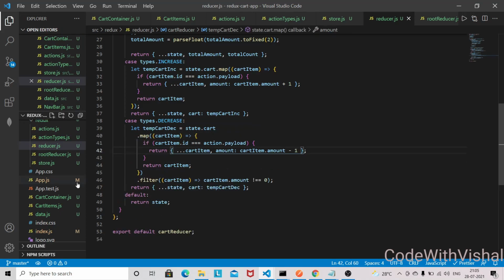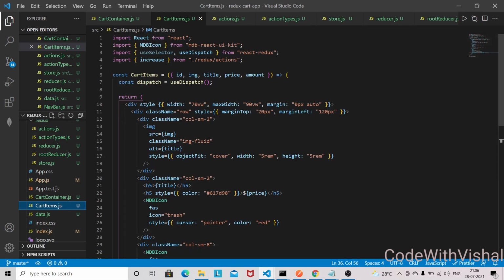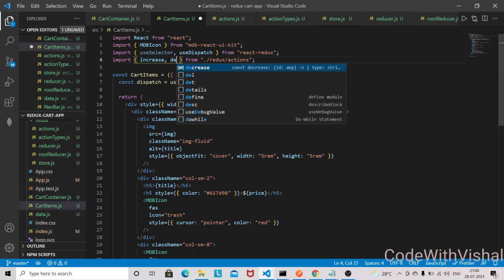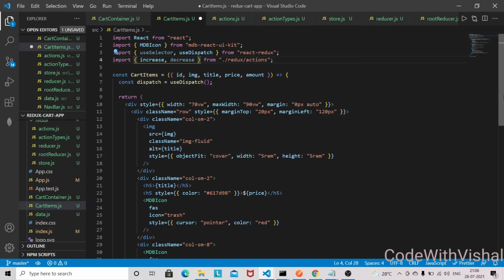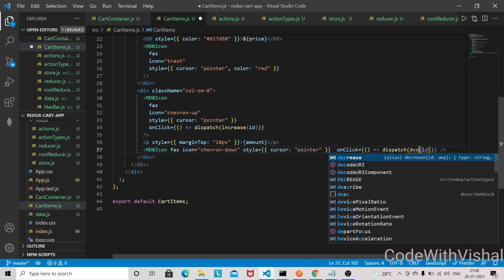So that's it. Let's go to the cart items, and let's bring that action as well. I'm just going to bring decrease. Okay, I'll just copy this one, paste it here, and this will be the decrease.